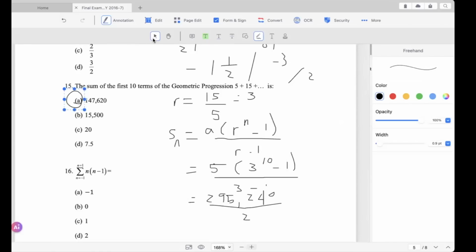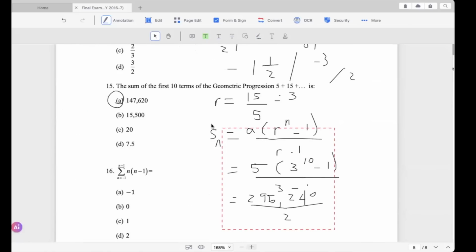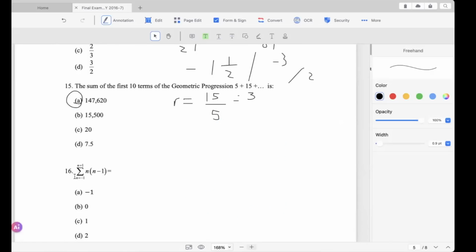Now because of space, I'll have to remove this. The summation from n equal -1 to n equal 1, it's telling us where do we start from? We start at -1, so you have n equal -1, then we're going to substitute n equals 0, and then we substitute n equal 1. So replacing n, so you have -1, then we have -1, -1,